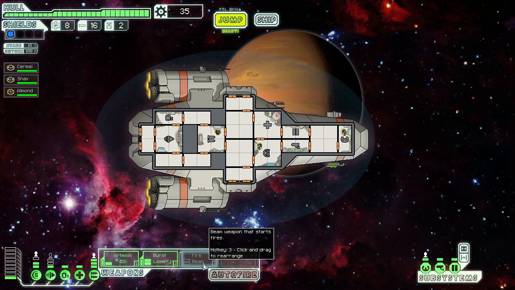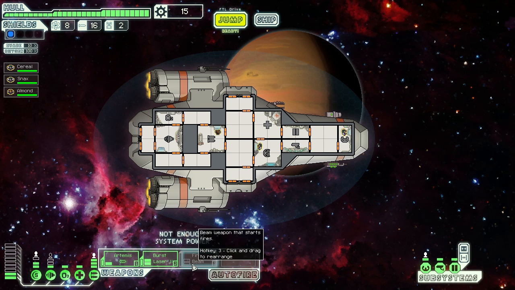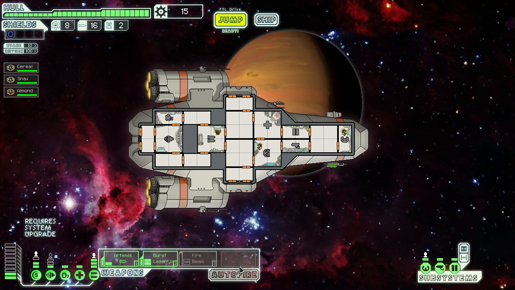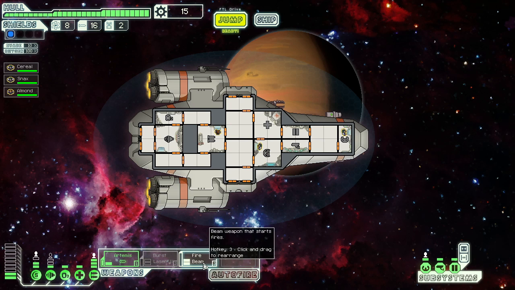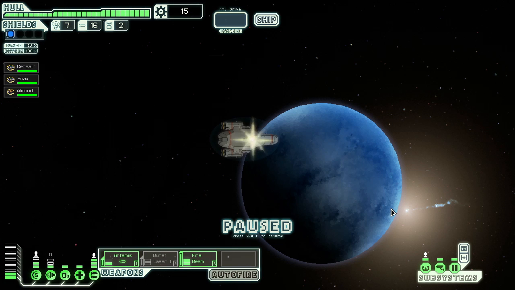Now I don't think I have enough power to do my fire beam. You can see that I'm out. I've got one little thing left. So what I'm going to do is actually upgrade. I still don't know if I'll have enough even after upgrading that, but let's just take a look. I'm now at 10 power bars. Not enough power, so I may have to divert some energy from other areas. I really can't. So now one thing I could do is this. Use my fire beam instead of the burst laser and just see how it goes. So let's do that. Alright, so we've made it to the exit of this sector, which always feels good